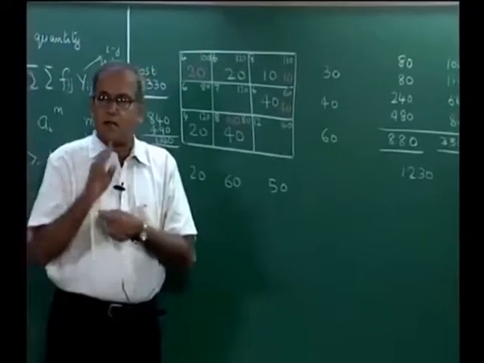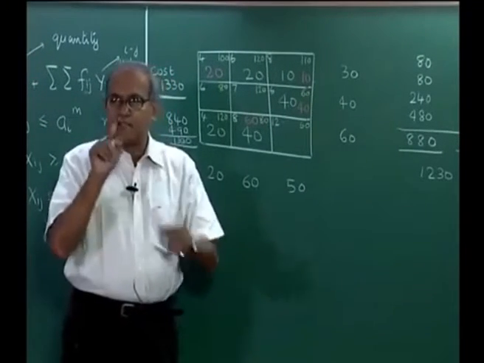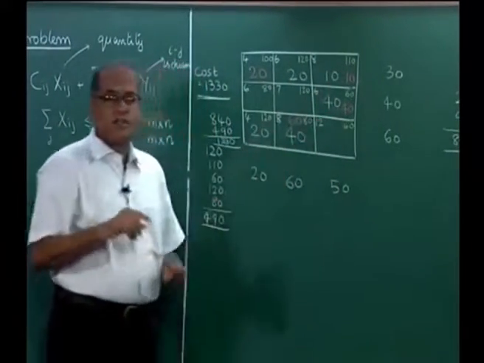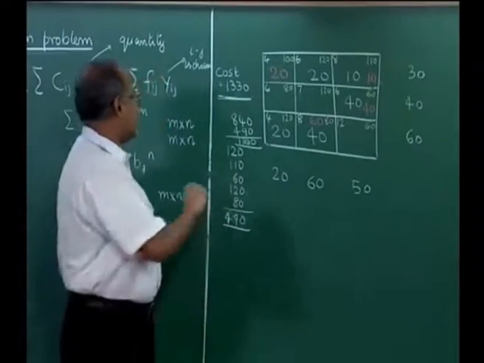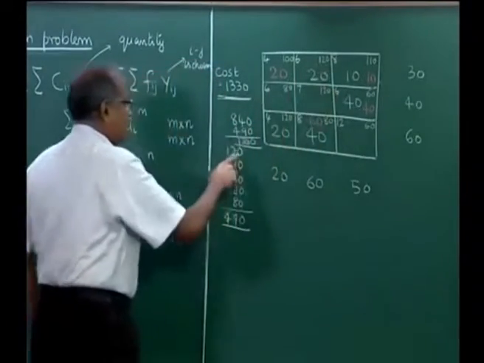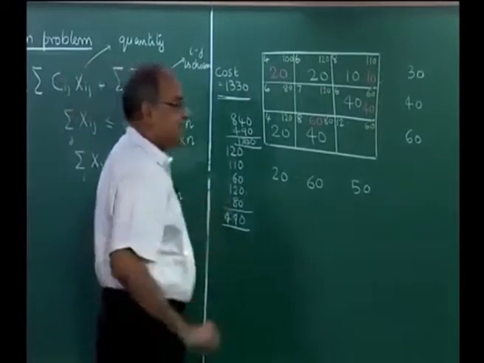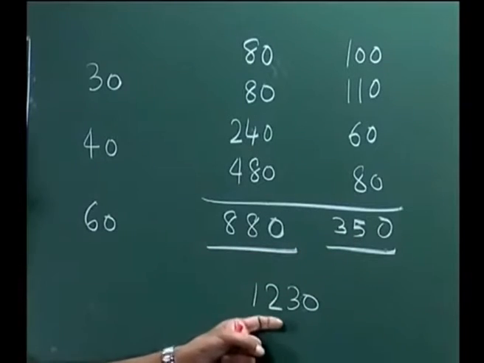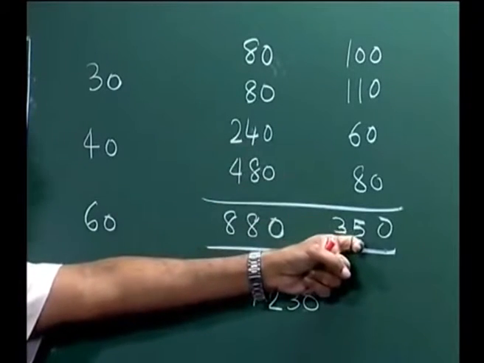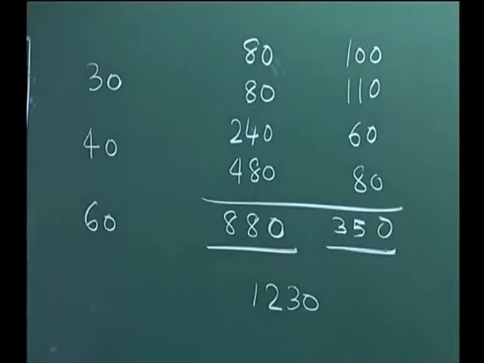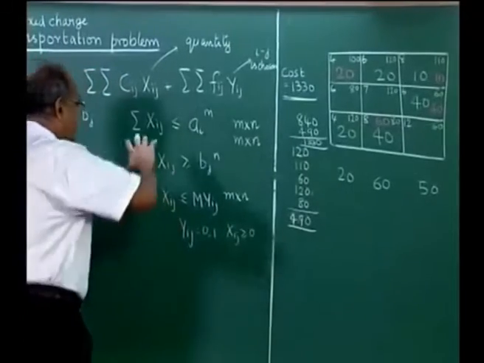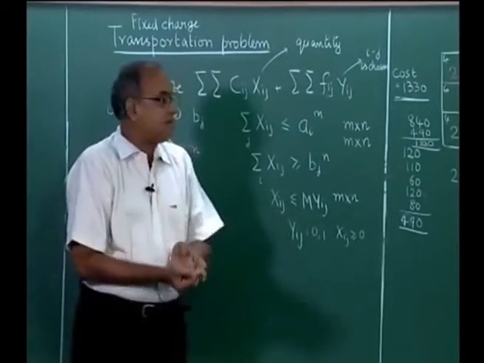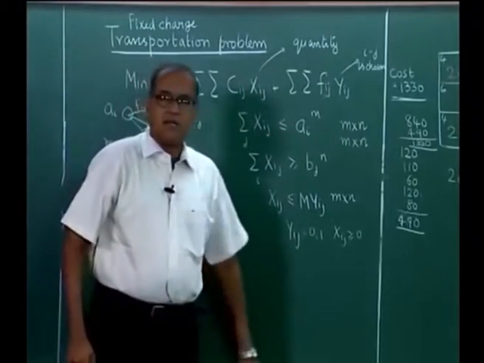The very fact that there are only 4 variables in the solution implies that we are going to have 4 arcs in the solution and only 4 fixed costs, whereas the other would force us to have 5 arcs and 5 fixed costs, and then we realized a lot of saving there, which has resulted roughly in the saving of 100. Though this has gone up a little bit, this has gone down significantly. So, for a fixed charge transportation problem, if we have the fixed charge assumption and there is a cost associated with it, then we need to look at this formulation and then solve it.